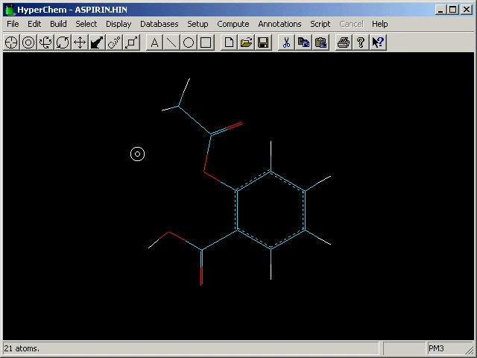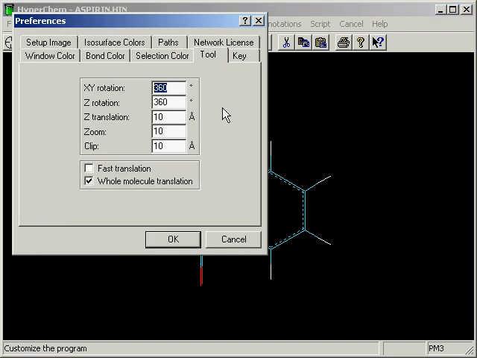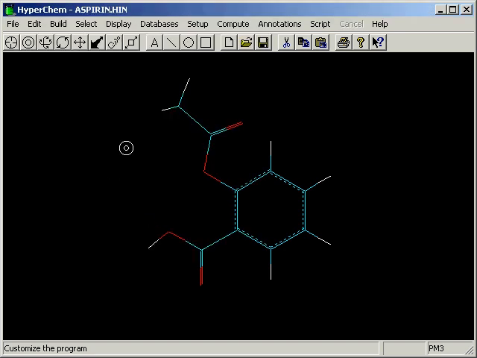HyperChem has a feature called whole molecule translation, which is not always obvious, but often very, very useful. If you look under the File Preferences, under Tool, there is a checkbox here called whole molecule translation. This is somewhat obscure positioning, perhaps, of that feature, but nevertheless, here it is. This checkbox, if it's checked, what it means is that the whole molecule will be translated no matter what atoms